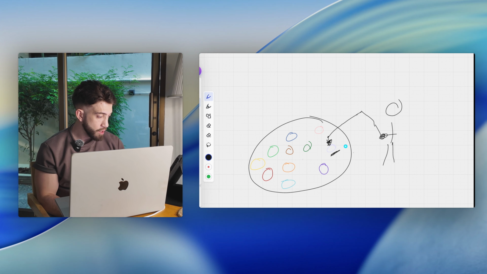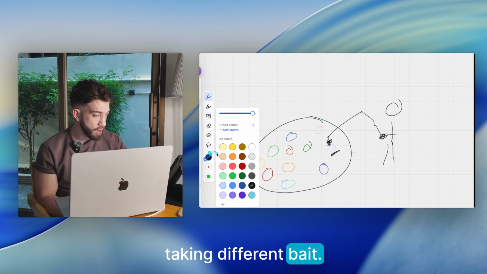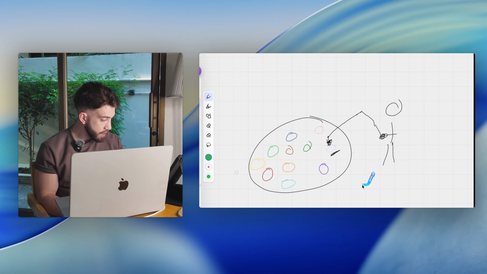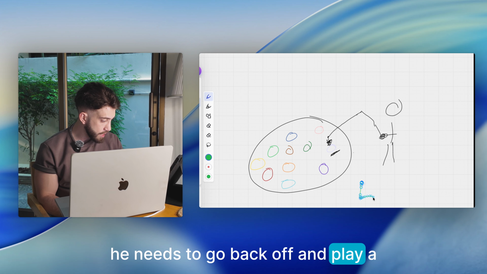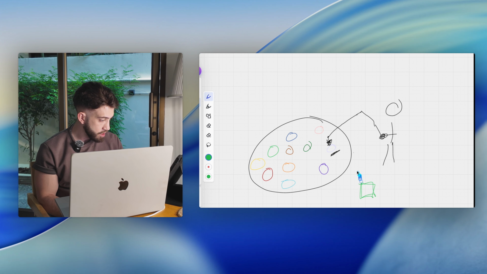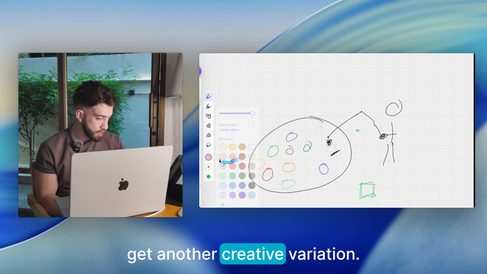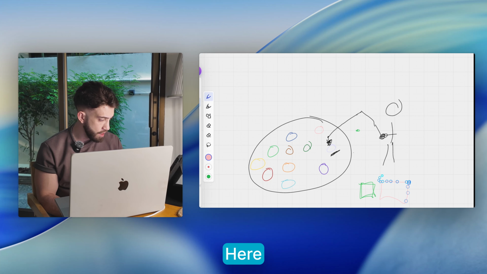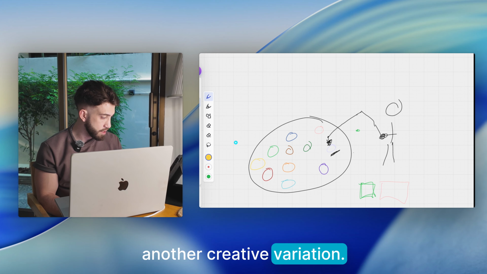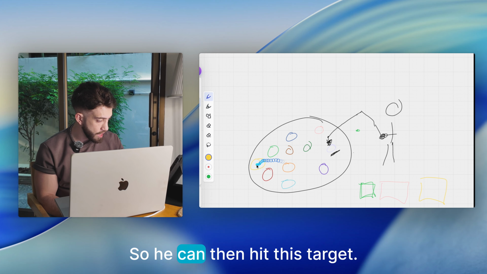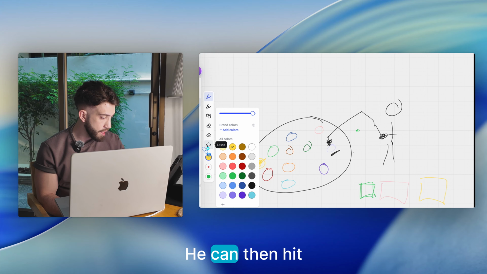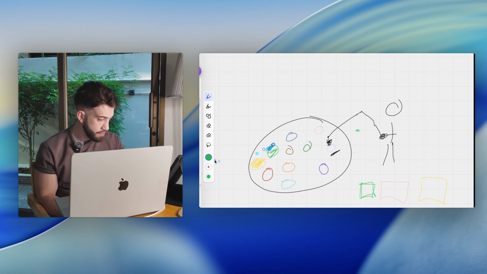The reality is, he's not actually then taking different bait. For example, right here, he needs to go back off and collect different bait, right? So he can load the bait here. He can go over and get another creative variation and get a different bait here. He can get another creative variation and get a different bait here, so that he can then hit this target, right? He can then hit this target. He can then hit this target,